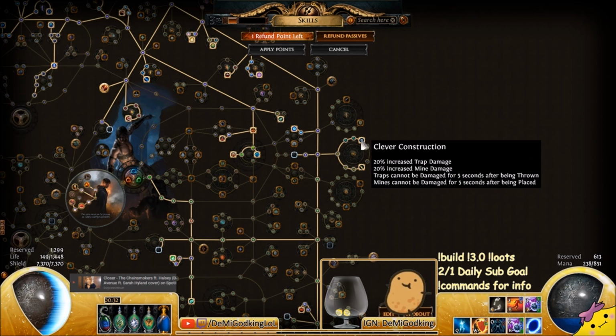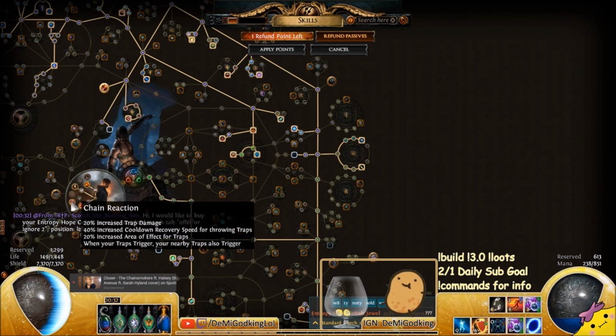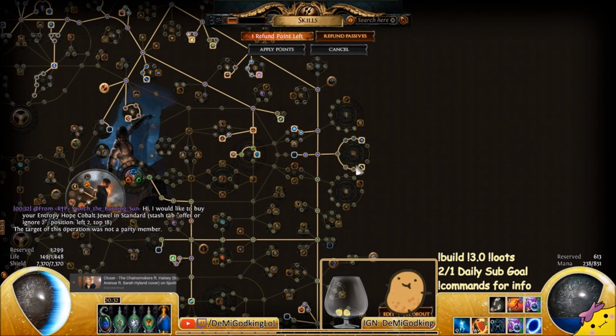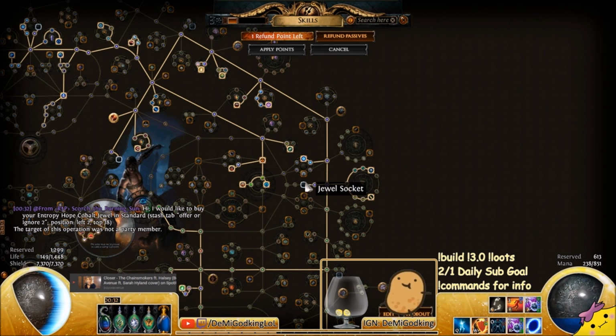As long as it's like, if it was like 1 second, that'd be enough because we generally just throw traps on top of enemies and they explode and then chain react and kill the rest. And then this side gives you 10% LE pen along with some more trap damage and trap AoE trigger effect, whatever. Grab your jewel socket, your power